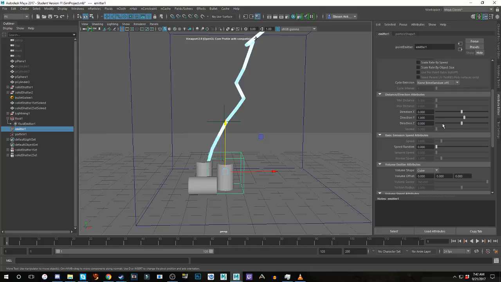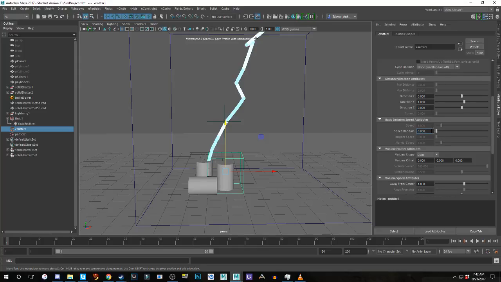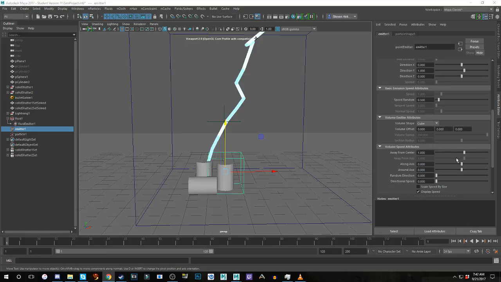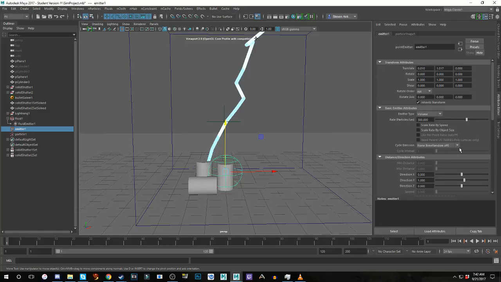Let me give them a little bit of speed randomization. And I'm going to change my volume shape here to a sphere. And now if I look at that in the orthographic view, I'm going to come up to my scale, and I'm going to give the Y-axis a 50% scale. I'll just squish it down a little bit, and then I'm going to go ahead and bring it up